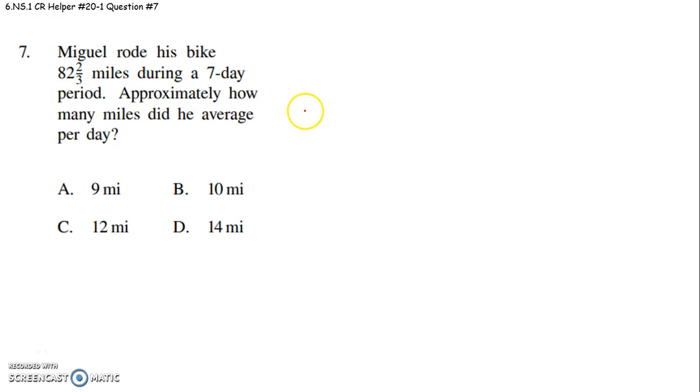Sixth graders, this is to help you with question 7 on CR 20-1. It says Miguel rode his bike 82 2/3 miles during a 7-day period. Approximately how many miles did he average per day? That means per day means in one day. So I'm going to do miles to days